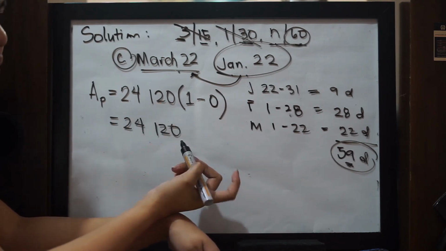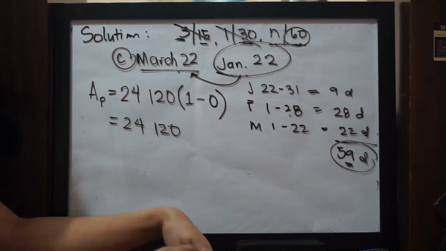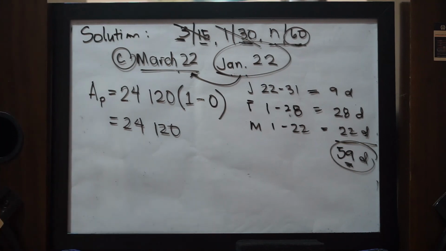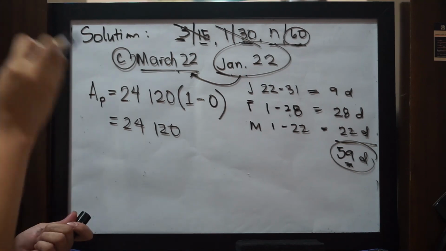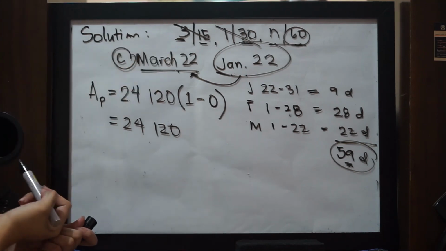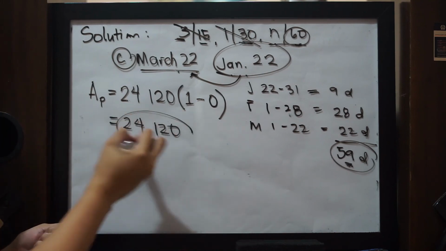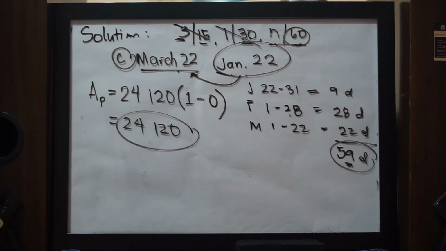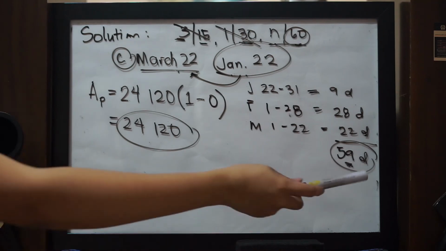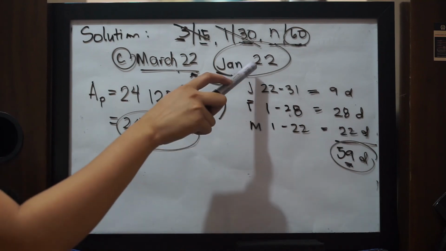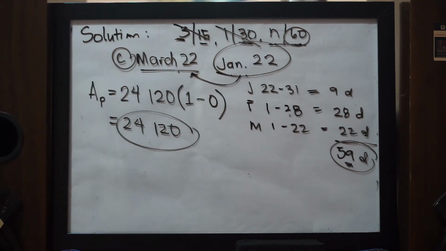So, simplifying this one, we'll have 24,120, kasi 1 minus 0 is 1 multiplied by 24,120 will still come up with 24,120. So, if you will pay on March 22, wala ka ng discount, you have to pay the whole net price na 24,120 kasi 59 days yung lilipas from January 22 up to March 22. So, that's it for number